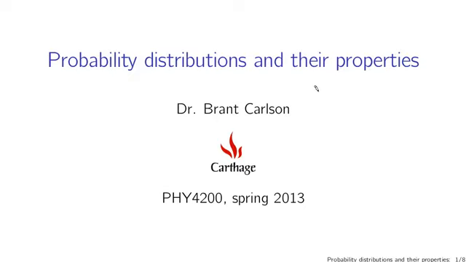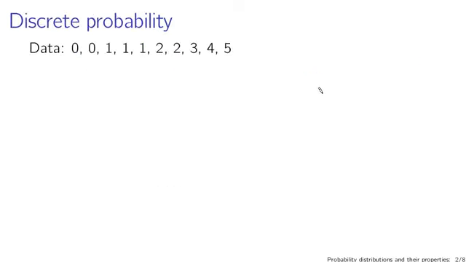So let's review probability. There are two main kinds of probability, discrete and continuous. Discrete probability is what you get if you have only a specific set of outcomes. Sort of, well, hence the word discrete. You have a discrete set of outcomes. And these outcomes can be anything. They can be the outcomes of a measurement, they can be responses in a survey, they can be any sort of data set. For example, if this is your data set,